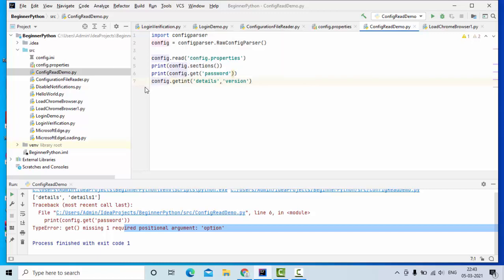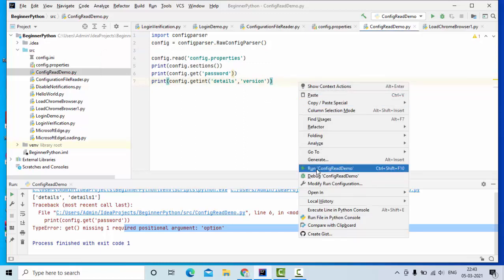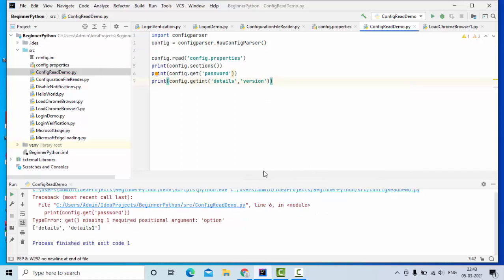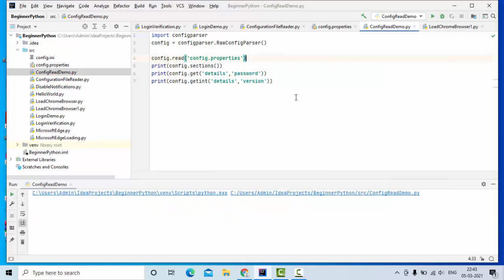Let me try to print it. I'm using getint here. In a similar way, you have getfloat and something else as well. For this I need to pass the section parameter. Let me run this.